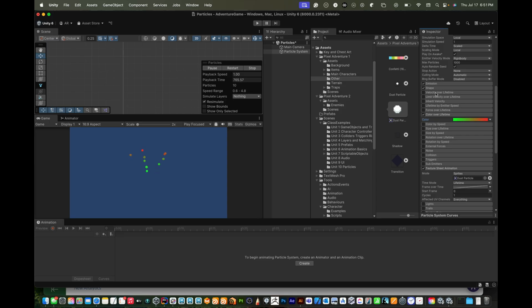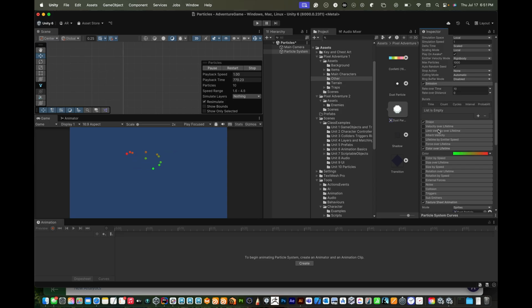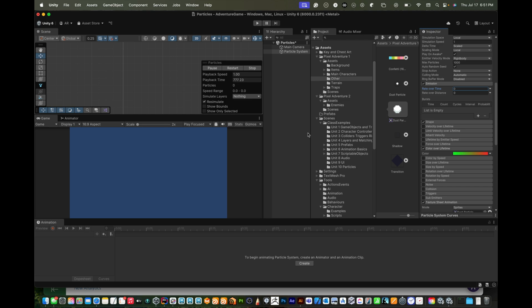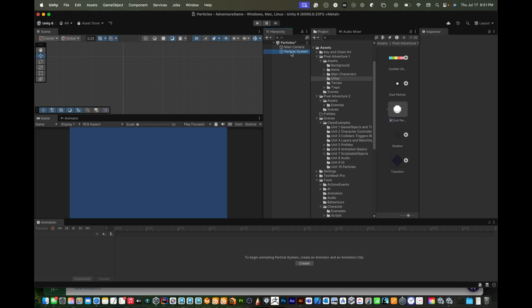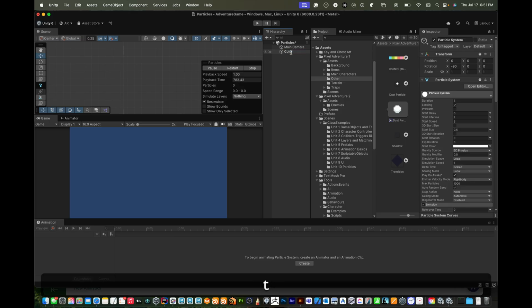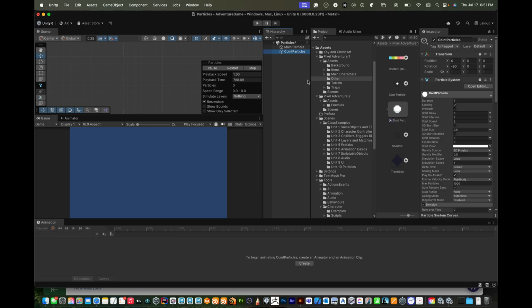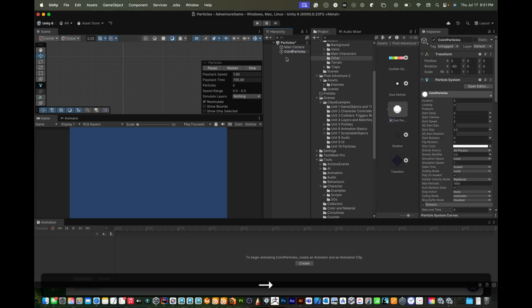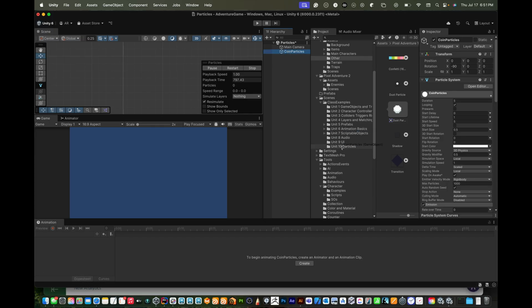Okay. Now it's emitting as if it were a generator, and it's not going to stop. That's not exactly what we want. We're going to say rate over time is 0, right? Because we're going to have it explode when we hit stuff, right? Okay, so I'm going to take this particle system, and I'm going to call this one coin particles. I'm going to commit this as a prefab now. So I'm just going to go to particles, make this a prefab,